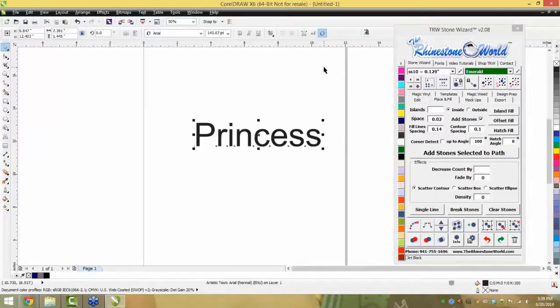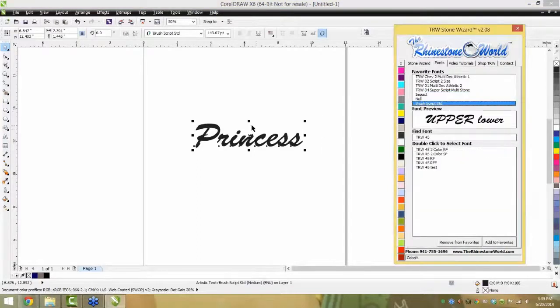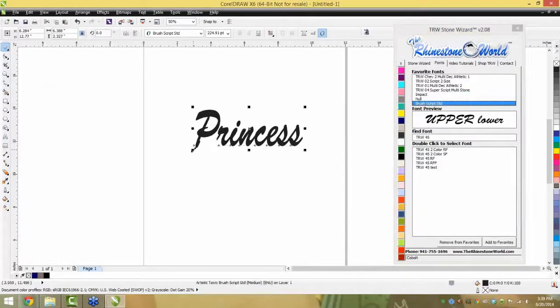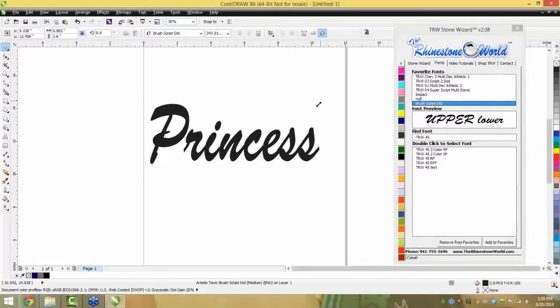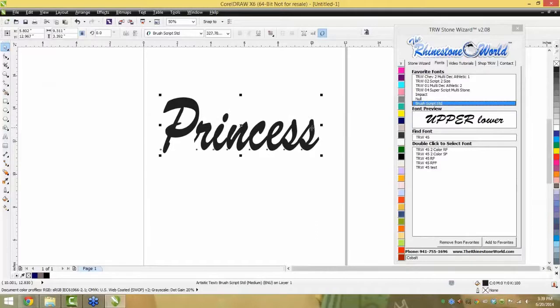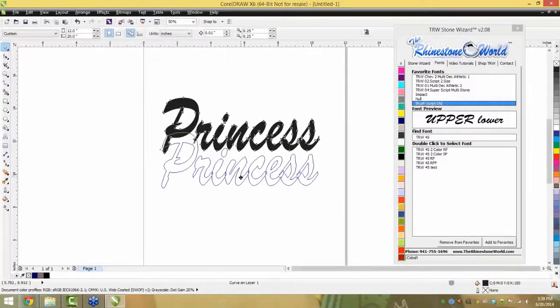Most of you obviously know that you can't layer the glitter heat transfer vinyl directly on top of each other. So what you need to do is use what we call a trapping method. So we have the word princess here, right? And with the word princess, if I were to go ahead and cut this design right now, I would have some issues. So watch. If I go convert to curves, see right with the S's, those different lines,